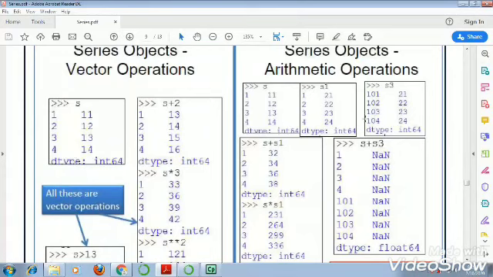And for 101, 102, 103, 104 indexes, again we have NaN. So in the result, we have all the indexes. That means you can say union of all the indexes in the result, and it depends. If indexes match, it will add the value, and if indexes are non-matching, in that case it will give you NaN.